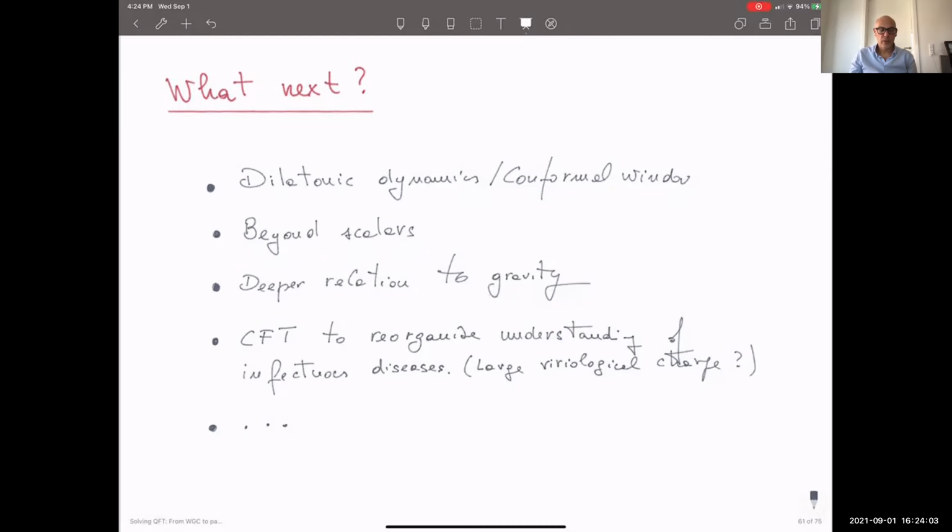Very much along the lines of the work by Ofer, and I would like to understand better the relation to gravity, because I mean these theories don't really have gravity, so they only have this conformal dimension. Would be nice to understand better what else one can say from both sides, and I look forward to learning more from that. I hope I convinced you that CFTs have the potential to be extremely useful